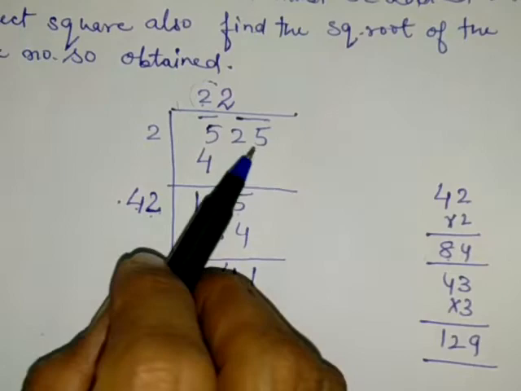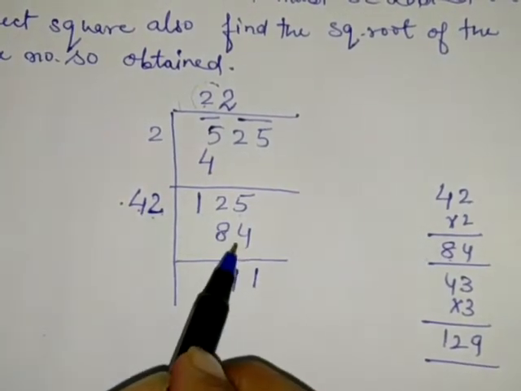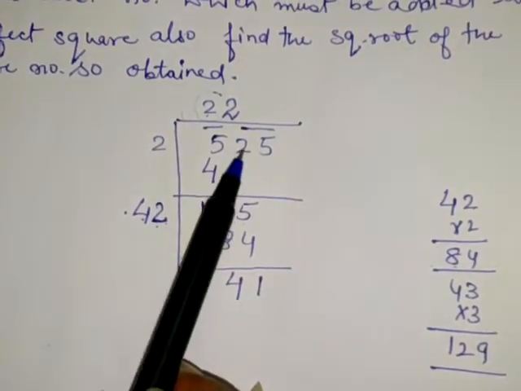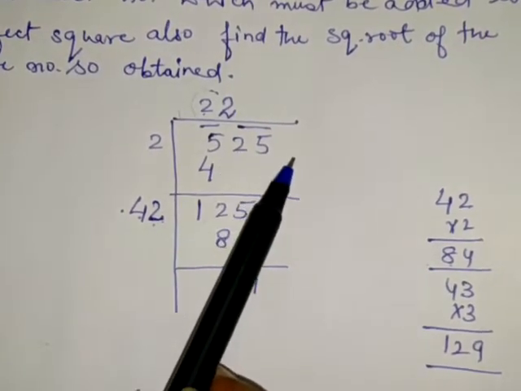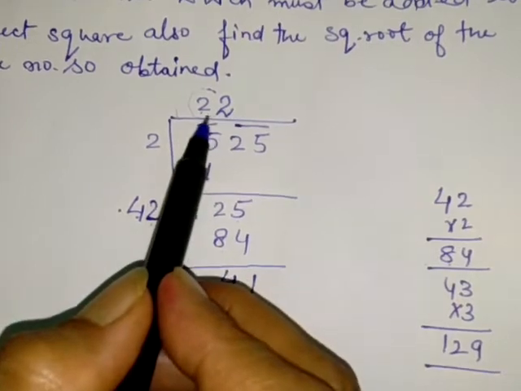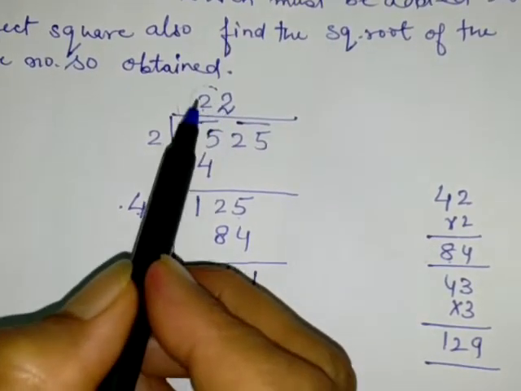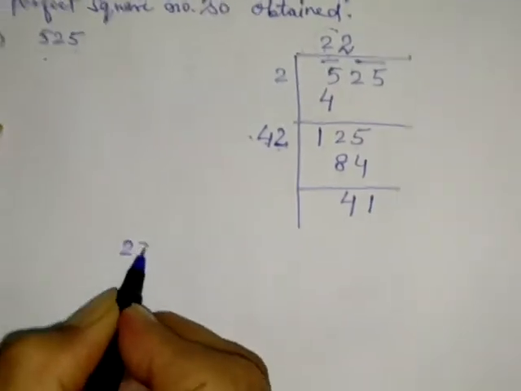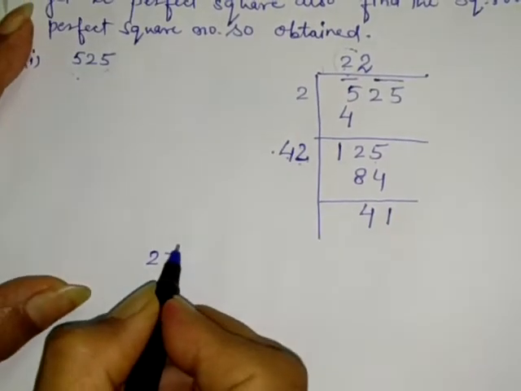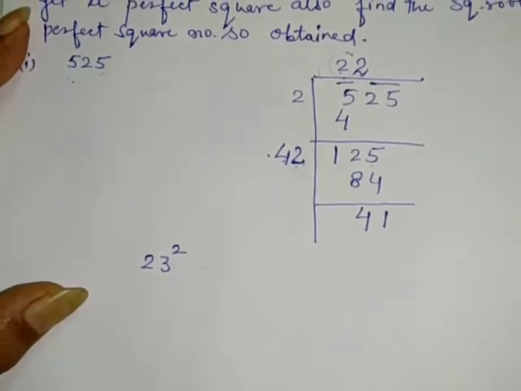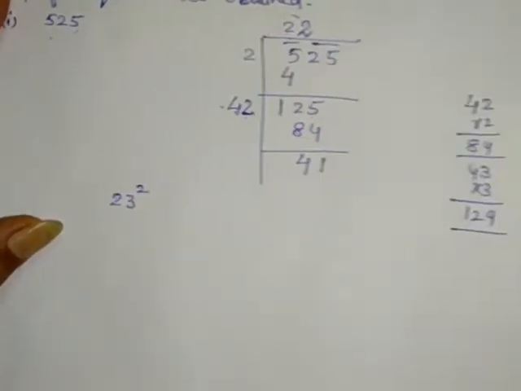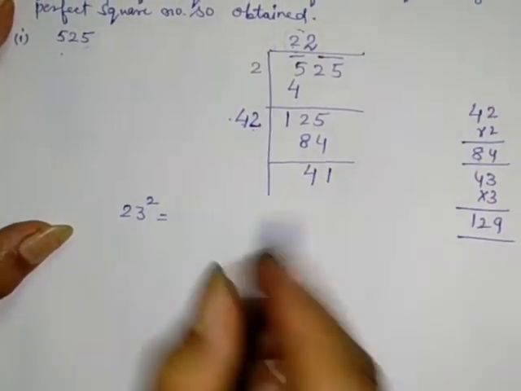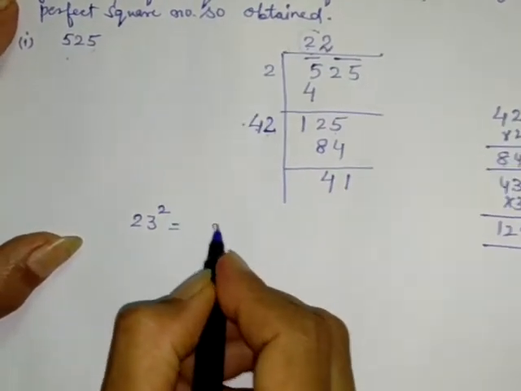You know that this was not a perfect square. So this is the remainder, but something must be added to this. Added to this means it has to be more than 525. So what are we going to do? See this quotient, it's 22. Go to the successor of this. The successor of this is 23, and find out what is the value of 23 square. You can multiply 23 into 23, or we have done in exercise 6.2 using without actual multiplication. You can do that also.